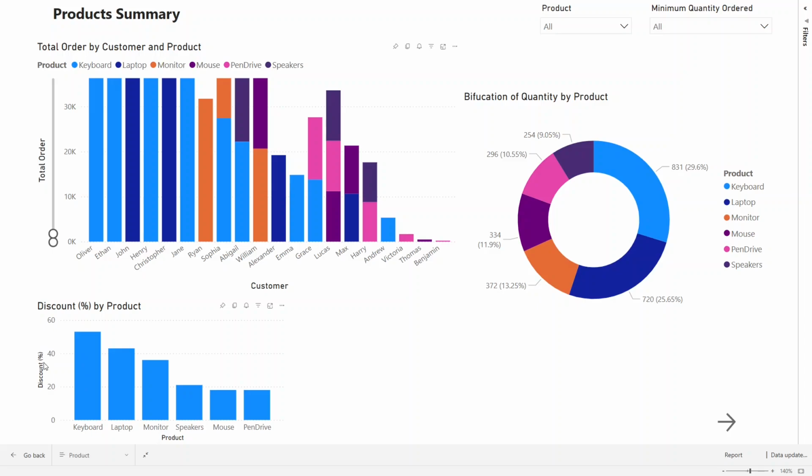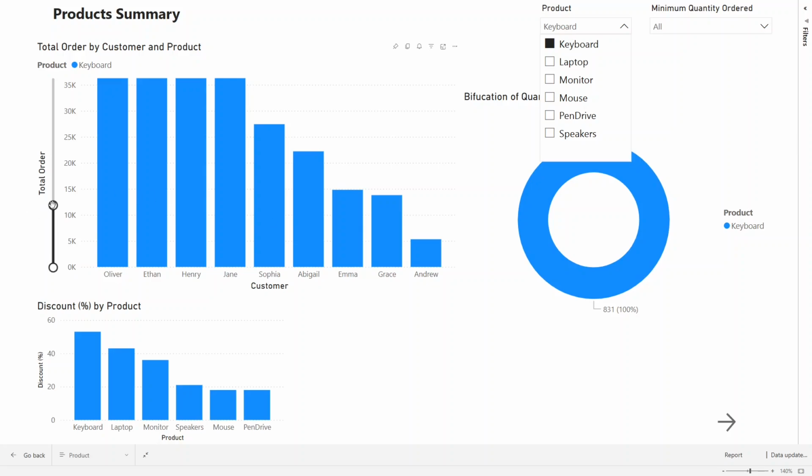If we see the discount percentage by product also, the keyboard has the highest discount here, and the pen drive had the lowest discount percentage available. And if I give a breakup based on the product as well,